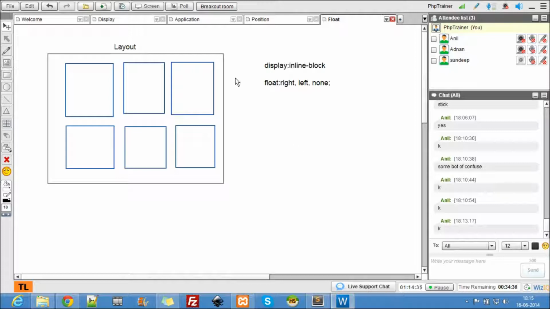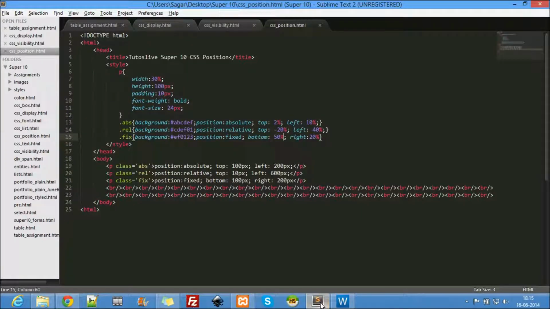Okay, let's achieve this kind of layout using both float and inline block. We do an image gallery here and let's see what we can really do with the image gallery.